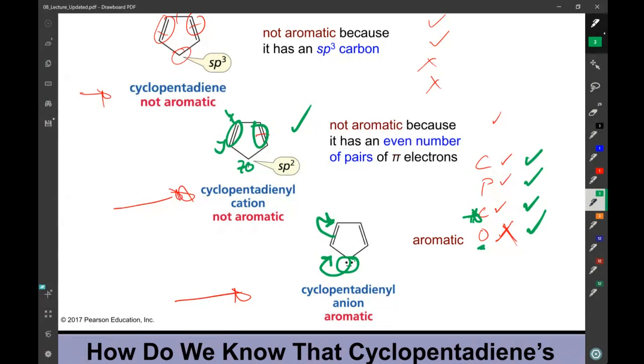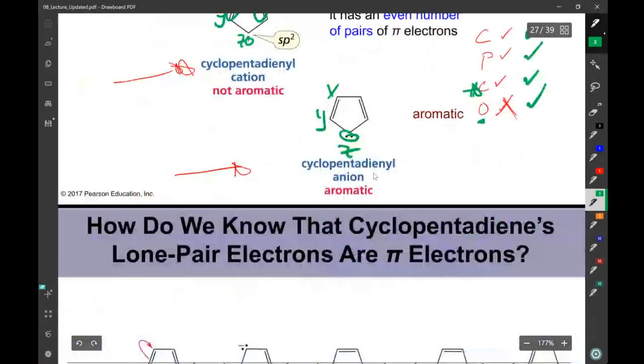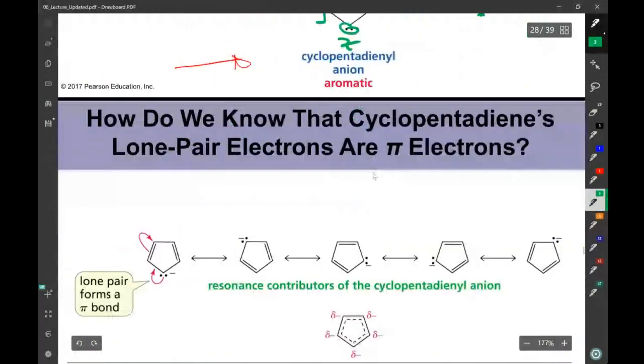This one here can also undergo resonance, X, Y, and Z. In this case, the star will be the lone pair of electrons. And so those lone pairs of electrons are also pi electrons. So it contributes to the number of pairs of pi electrons. That's why you have an odd number of pi electrons. And that's why this molecule is aromatic. Does that make sense? So your job in this section will be to determine if a molecule is aromatic or not. And so, like I said,